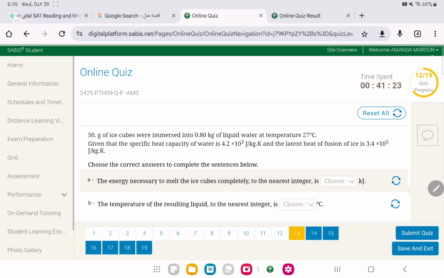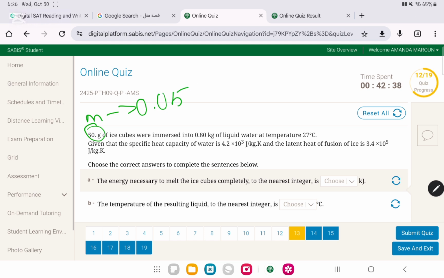Now we move on to question number 13. Here I'm gonna write a new equation which is very similar to the specific latent heat of vaporization, but it's only for fusion. So Q is equal to M times LF. Okay, this is where Q, the energy needed, is equal to the mass in kg times the heat of fusion. So let us start reading. We start reading by that we have a mass, but our mass is in grams. So to change it from grams to kilograms, we are going to divide by 1,000,